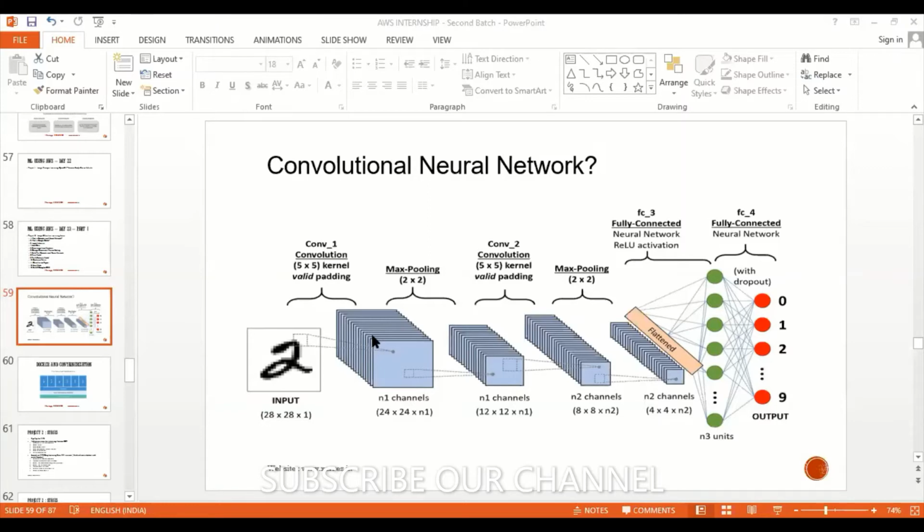Let's say when you have 1 GB of sample training data, it is better to create 32 batches, not more than that. 64 also you can take, but again it depends upon the capacity of the machine here. Understood? So like this we will be creating the batches here. If this is the depth, let's say n1, you have created 32 batches, 24 into 32. So those many number of pixels you have to process here.